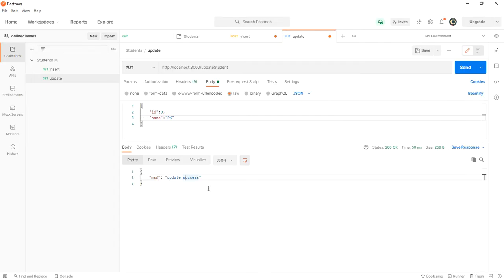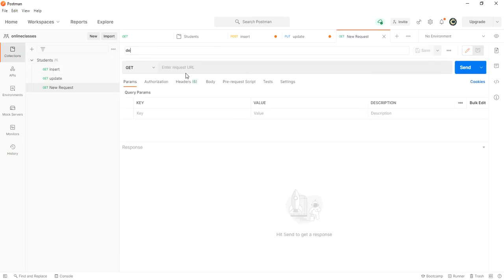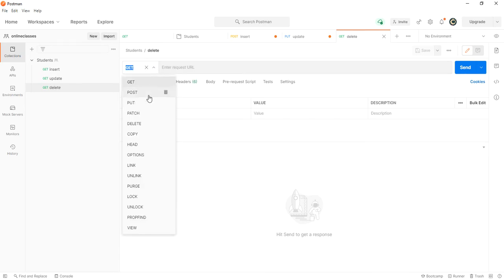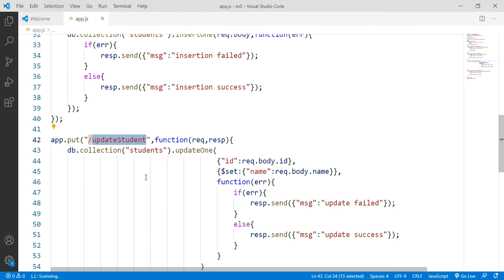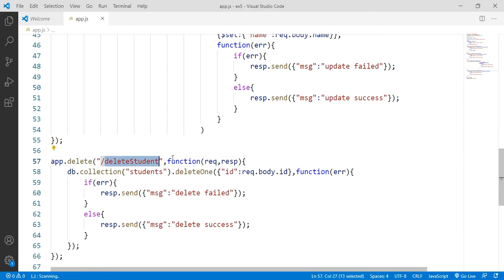This is the way we can test our put method. Next one, sir, I want to delete the record. How can I do that? Configure, add a new request. This one I will call delete. Now you need to configure the delete request. HTTP protocol, localhost where my server is running, 3000 is my port number. Now your delete method URL. So I want to test this method.